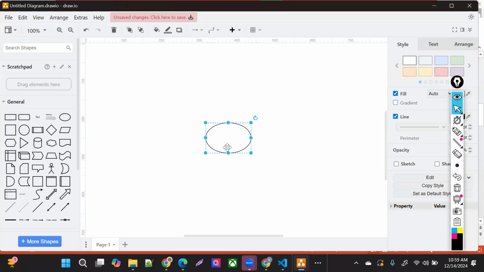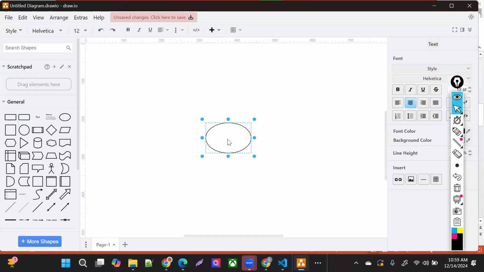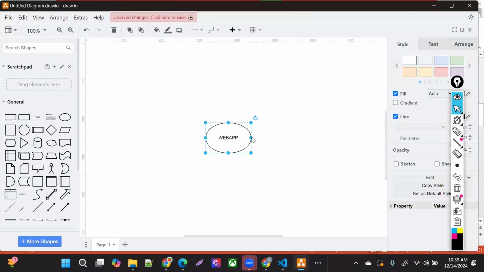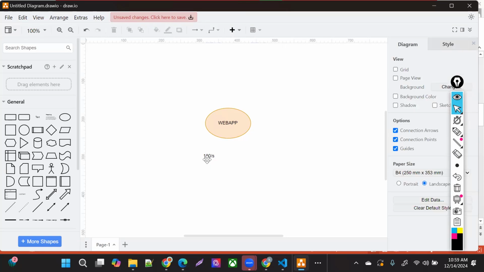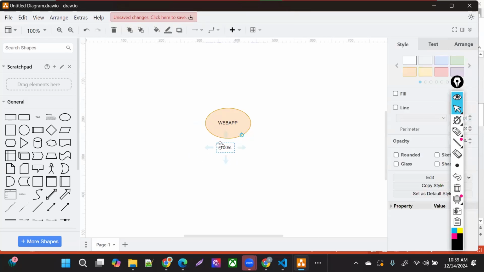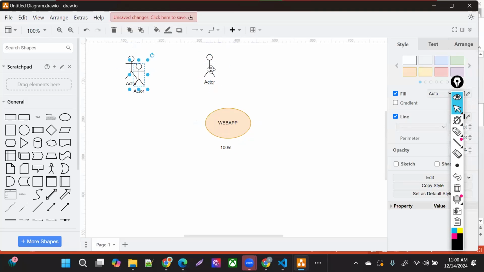Let's say, for example, this is my app. Let's say this is my web app, any web app. This web app has been configured to take, let's say, 100 requests per second. My web app has been designed in such a way that it can accommodate 100 requests per second. It can be from anywhere, it can be from any region, but the max capacity I can take is 100.